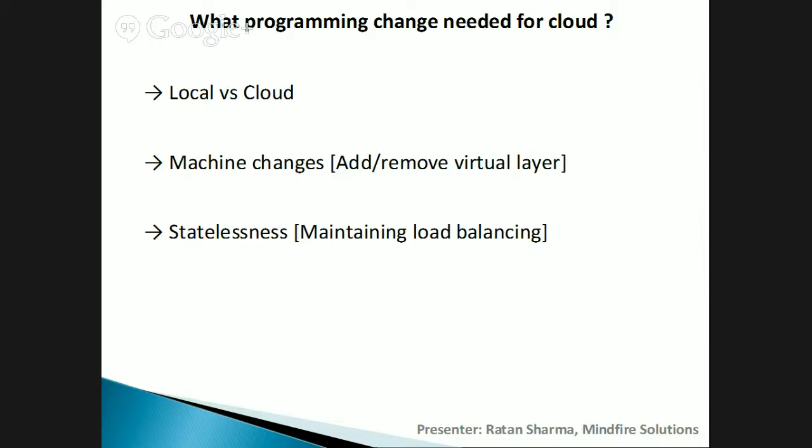Statelessness is the same as load balancing; the object has to be the same, otherwise load balancing can't happen. We were planning to apply load balancing on our website, but there were problems because the site was using session variables. So it is a local object that each time you need to refer to, and because of that you cannot apply it. You can store it elsewhere, yes. That is a programming change. If you make that programming change, you're fine with load balancing. But in our application, it wasn't there, so obviously we couldn't take advantage of it.